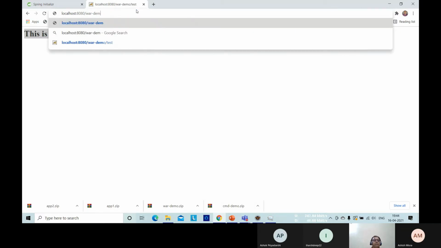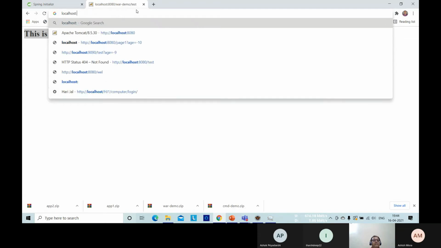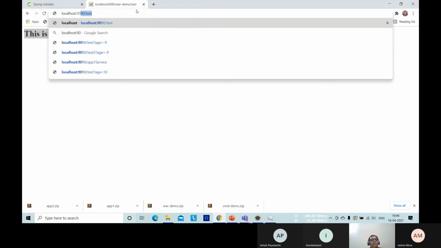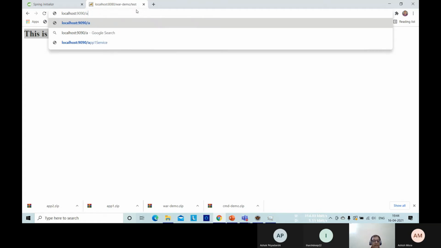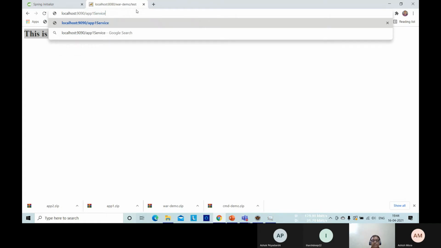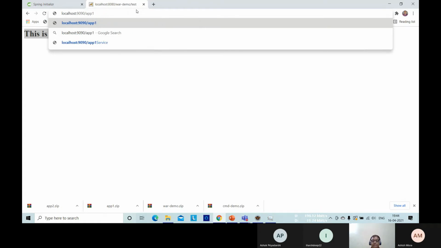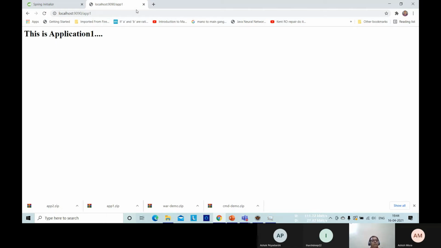Now let me change it to, rather than 8090, and here I have mentioned class app 1. So this is applications 1. We are getting the message: running at port 9090.